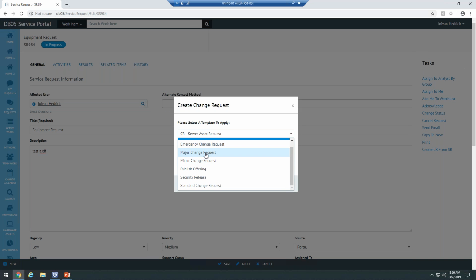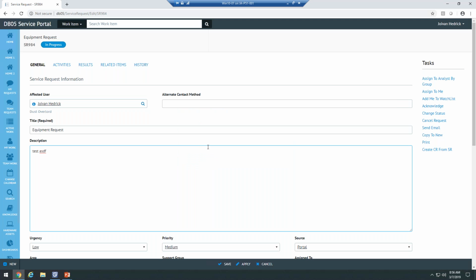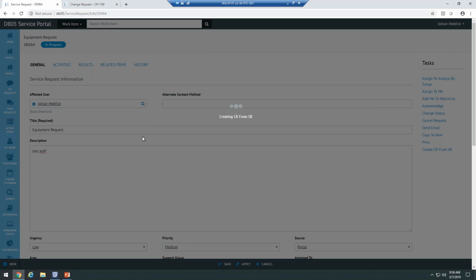So both the minor and the major are out of box from Service Manager, and they are a normal change. So it's not a pre-approved change, but it's not an emergency change. So it's going to be one of these or one of your custom changes. In this case, we'll pick a minor change. We'll hit OK. And it will create a brand new change request and then take us to it. So this CR is now a copy of this SR,